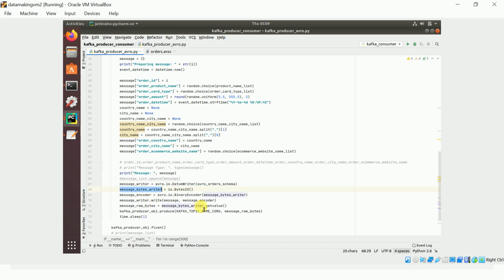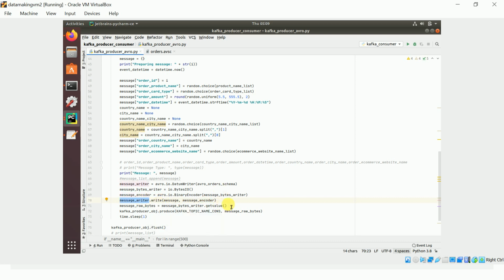You pass this byte writer to prepare the message encoder. So avro.io.binary encoder of, you pass this byte writer. Then message writer dot write of, you pass this dictionary object which you prepared, and also the encoder.